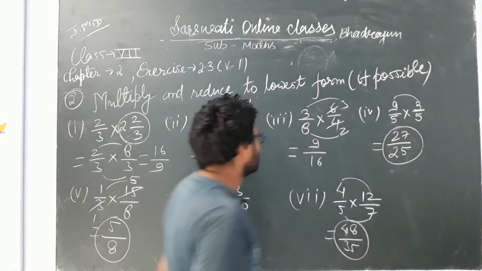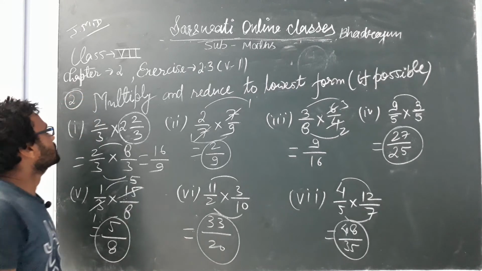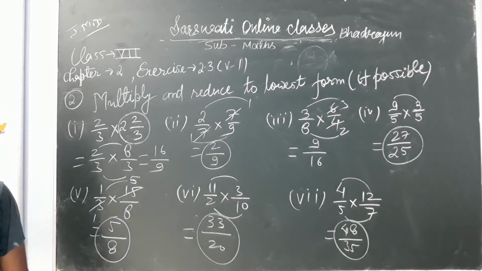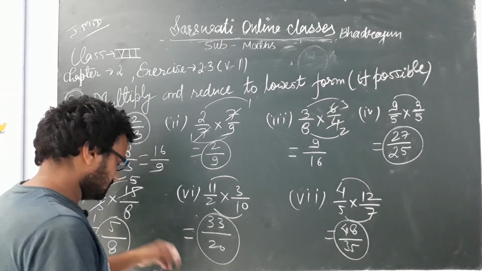Okay, so I have done questions up to 7th. We have done question number 7th and all the parts, which are 7 parts. Okay, now we will go towards our question number 3rd. Our question number 3rd is, multiply the following fractions. Okay, multiplication is going on up to now. Today is the day of multiplication.